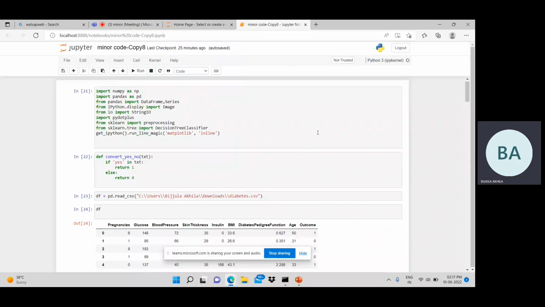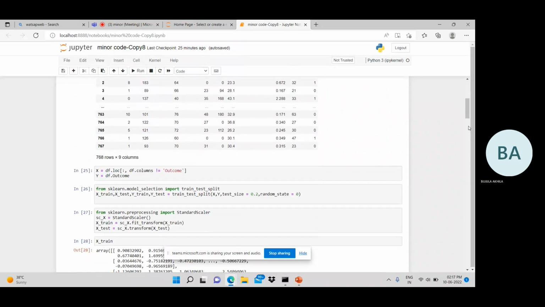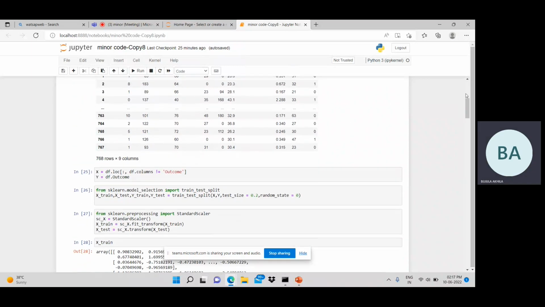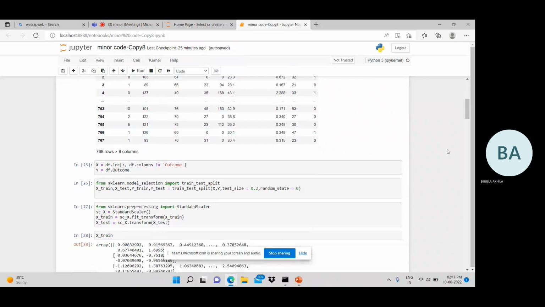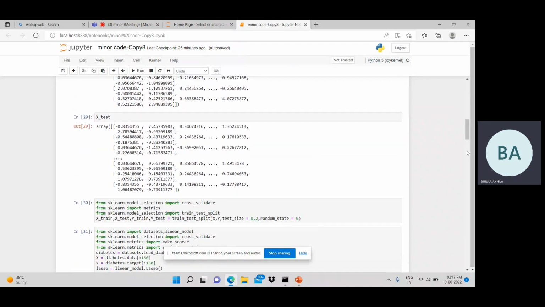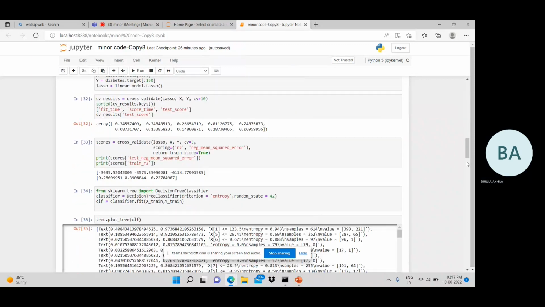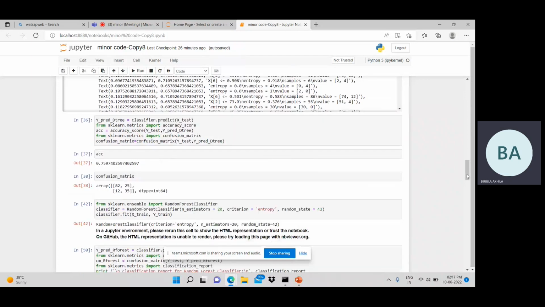And this is the code of our project. In this, first we inserted our data into the Jupyter. This is our data set that we have inserted in the Jupyter. And further, we have trained and tested the data set. After that, we have implemented